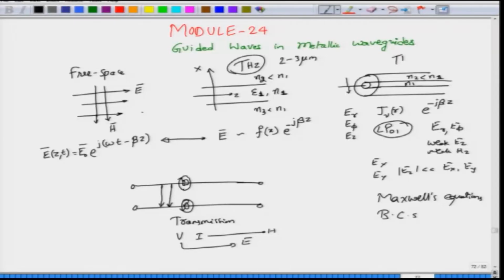The higher the frequency, the easier it is to squeeze the modes in, and that is why these integrated optical devices work very well at terahertz frequencies, where the core widths can be just about 2 to 3 micrometers, surrounded by, of course, the cladding of appropriate width. Whereas optical fibers operate also at terahertz or tens of terahertz, their core diameters will be somewhere around 8 to 50 micron. So, 8 for the single mode fiber and 50 for the multi-mode fibers.